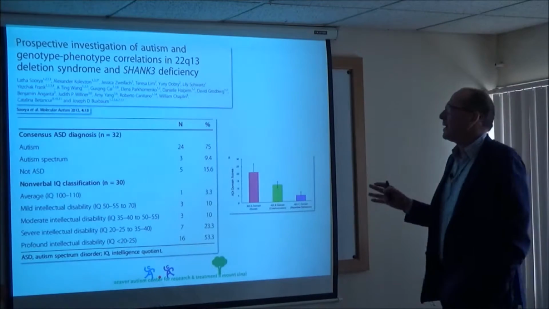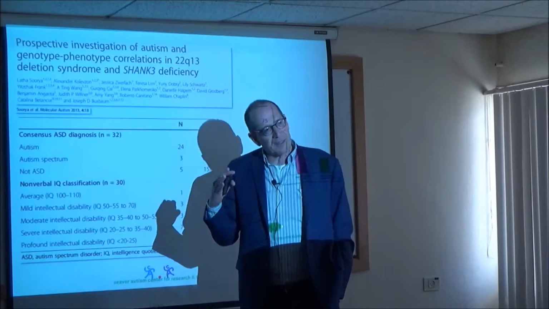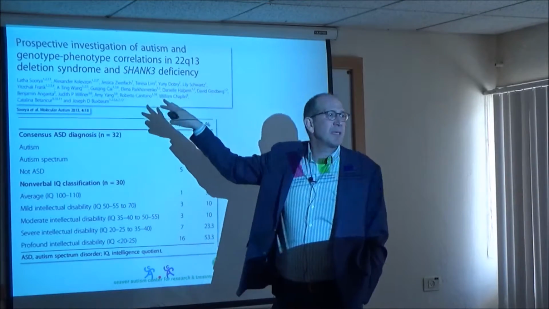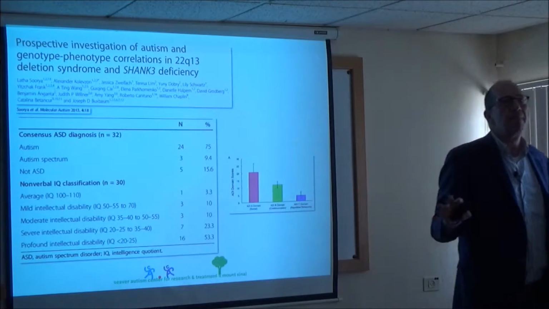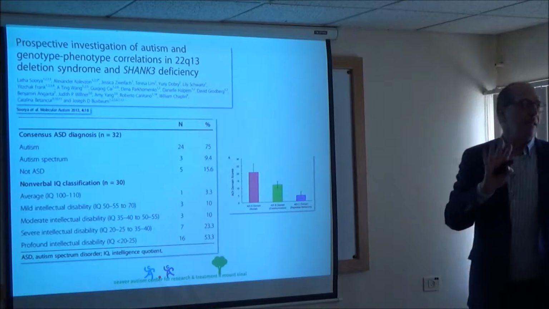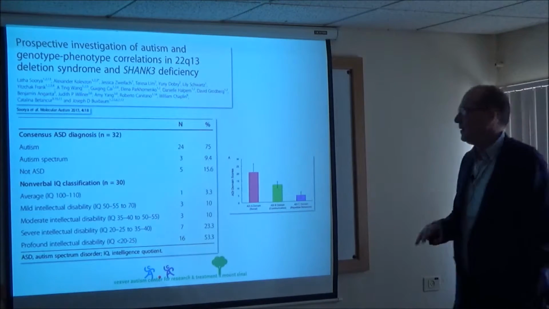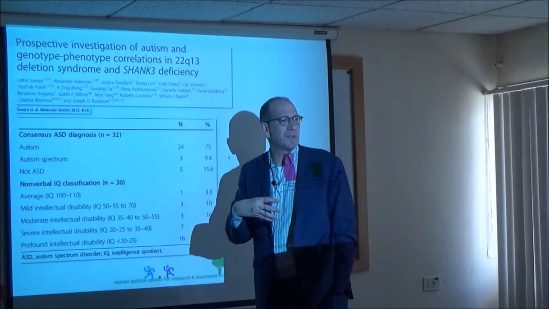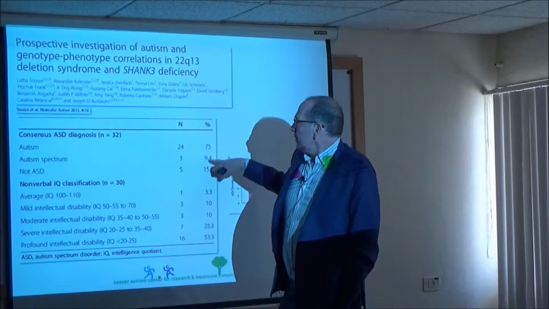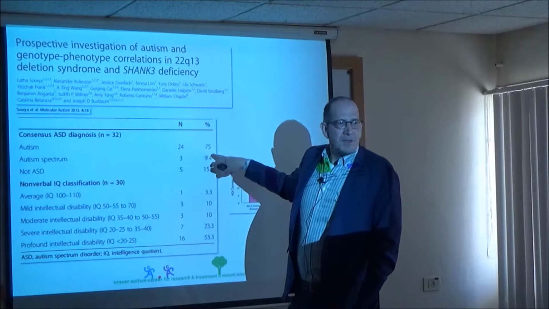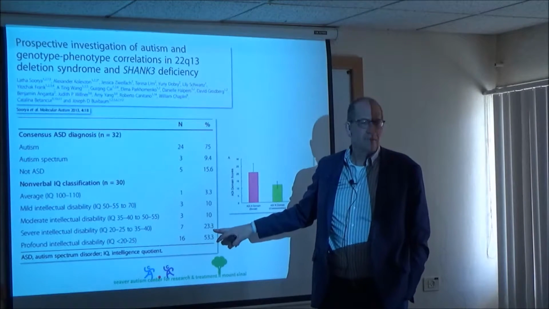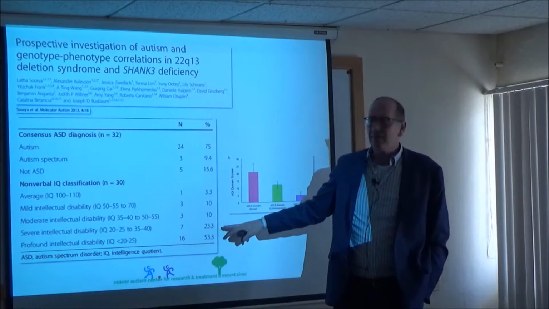All right, so back in 2010, we started to see families with mutations in this gene, and we did the first prospective analysis. Families come in for 3 days, they get a full phenotypic workup, and we can start talking thoughtfully about what we see in the neurological and psychiatric domain. And everything till then was kind of case reports and literature review. So you can see that 85% met criteria for autism. You can see that the IQs were quite severe, right? Severe to profound intellectual disability for the most part.